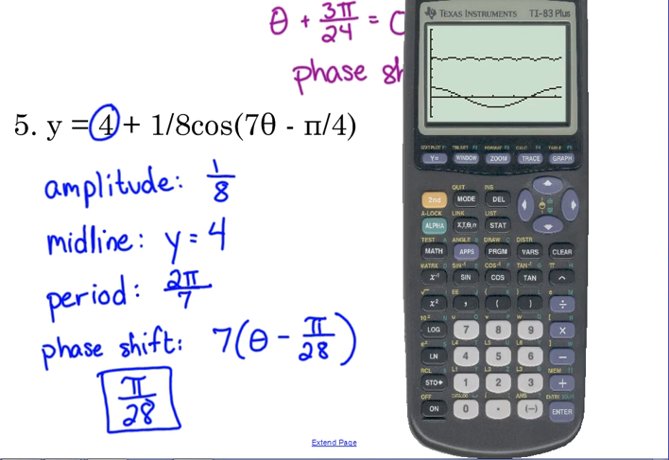The phase shift is very difficult to observe. That's why I made sure that I showed you how to do that part, because it's very difficult to actually see that part when you're comparing the graphs. The amplitude, the midline, the period, those are pretty obvious, but the phase shift's a lot more difficult to pick up just looking at it. You really do have to know how that works algebraically. Okay, so just make sure that